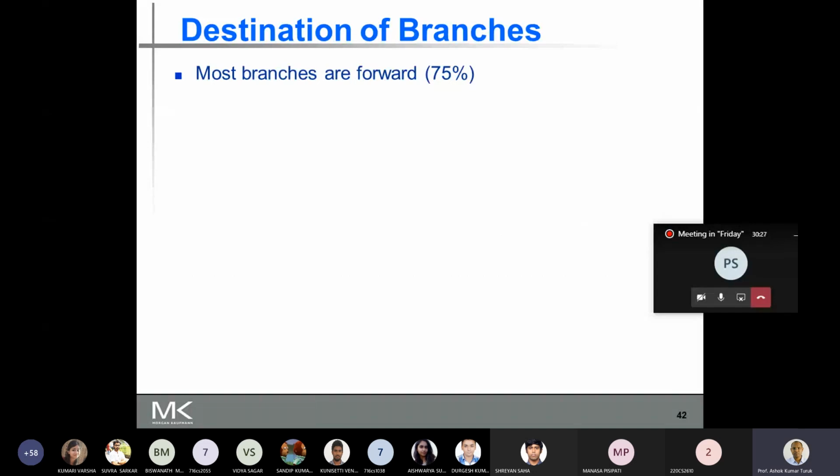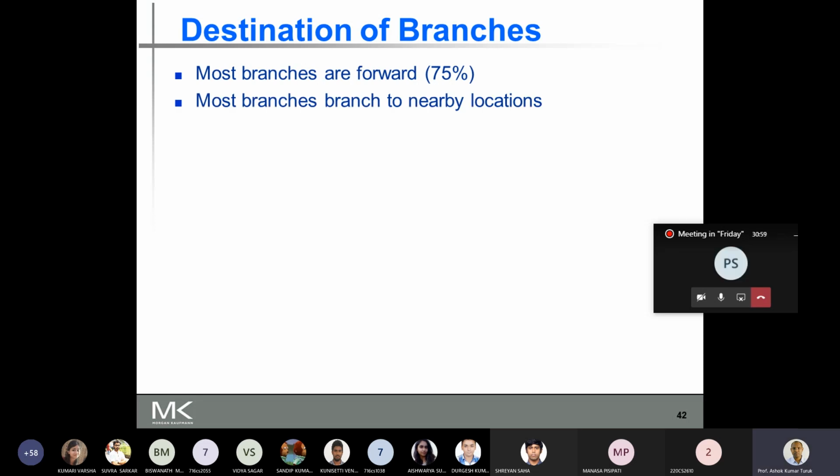Most branches are forward branches. Forward branches means if you are at, let's say, instruction 4, then your next jump is somewhere at 50, 60 or away from it. And if you are at instruction 4 and you are moving to instruction 1, we call this a backward branch. Most branches are forward, and it is observed that 75% of the branch instructions are forward branches.